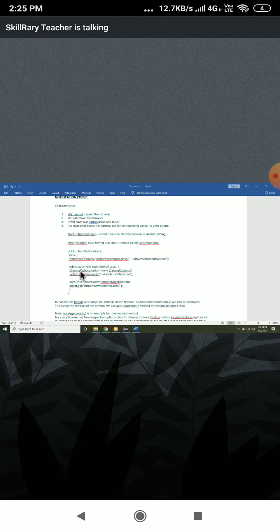Why is the Chrome options class required? Because it's a non-static method. So create an object of Chrome options, then call add arguments. Add arguments is present in every class: Chrome options, Firefox options, Internet Explorer options. Whenever you want to change any settings, you have to use this class along with add arguments.